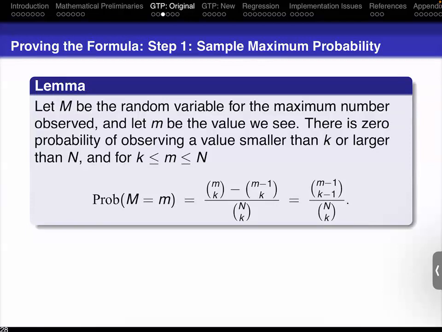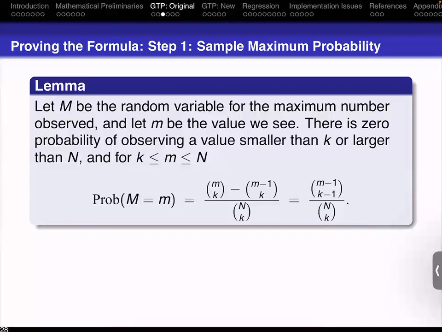How many ways are there to choose k tanks from n? That's just n choose k. And then I can use Pascal's identity to say that this is the same as m minus 1 choose k minus 1. If you don't like that, here's the second proof. If my largest tank is m, then I have k minus 1 remaining tanks that have to be chosen from 1 to m minus 1. So I can get it that way. In fact, you can use this as another proof by story of Pascal's identity. So it's a nice corollary to our work on the German tank problem. We actually get Pascal's identity.